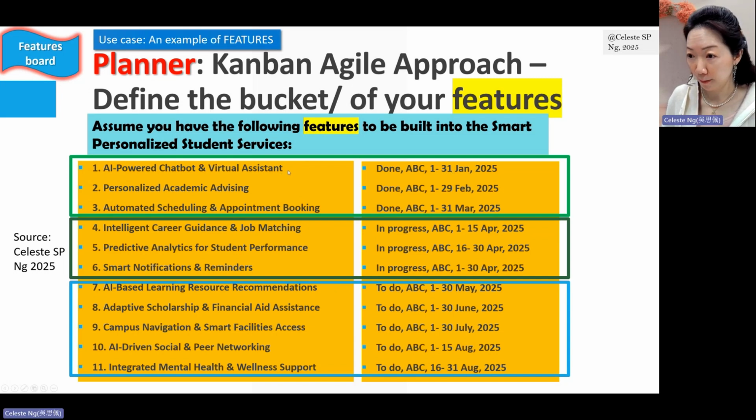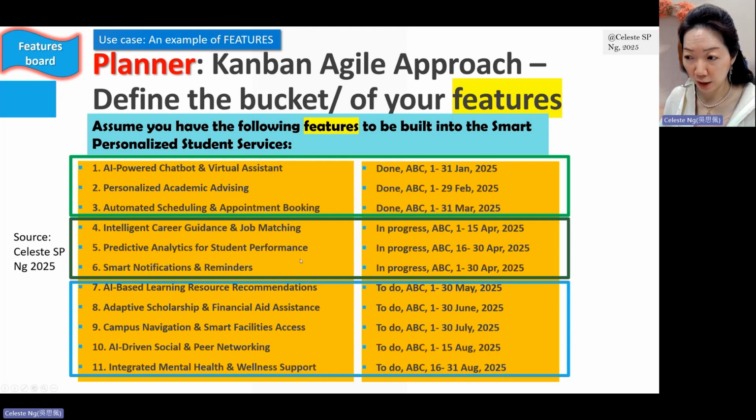The first bucket, which is done, is meant to store the features that have been done. Similarly, for the second bucket, which is named in progress, I have allocated